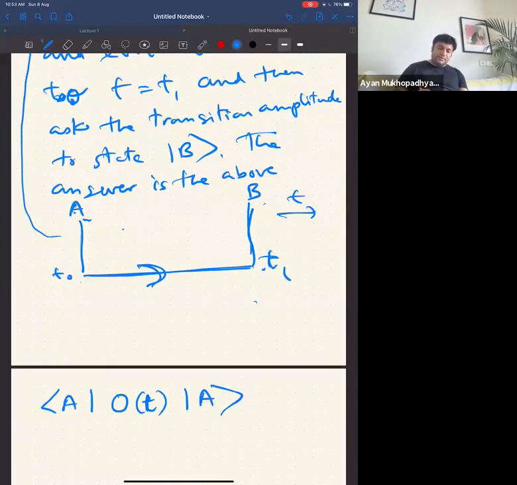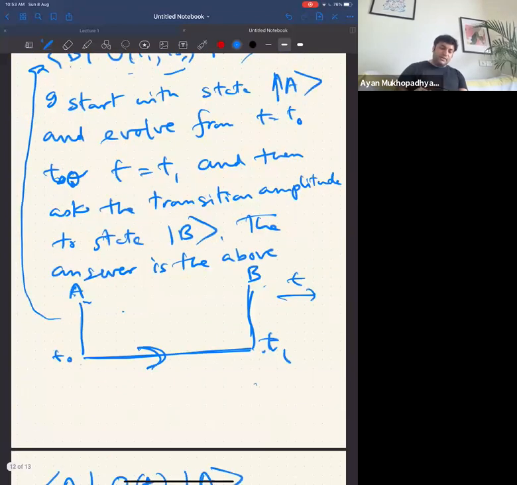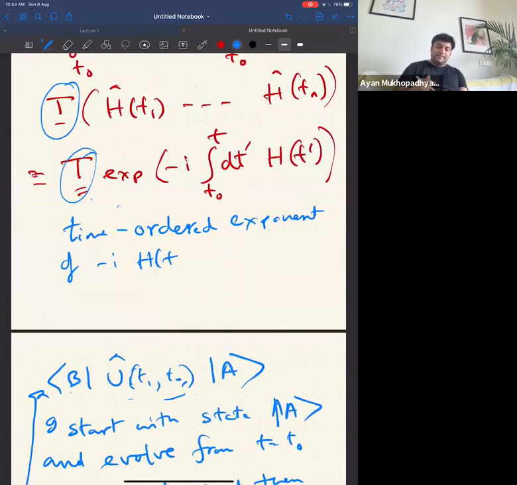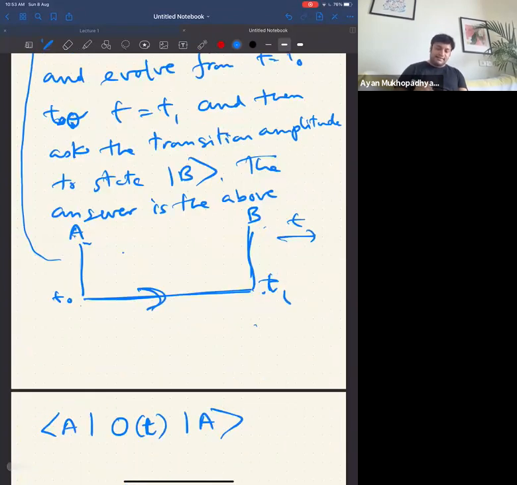A time operator involves only the algebra of operators in this time interval t0 to t1, right? So you can say that this belongs to the algebra of operators in this time interval t0 to t1. That's just an observation, just to say that there is some lower limit and upper limit,